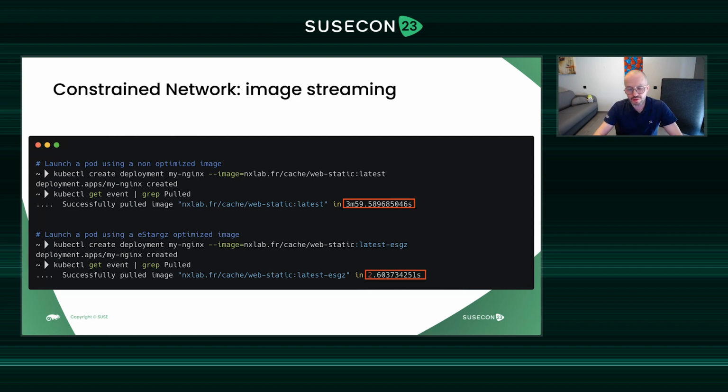I forced some specific constraints on my network when I made this test. So globally, if you just launch a basic pull on my Nginx image, it will take almost 4 minutes. This same image optimized to be used with the external StarGZ snapshotter will take less than 2 seconds before the container is able to start.